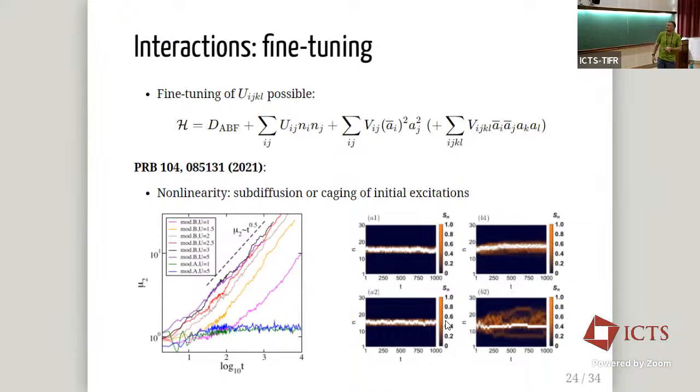Since your equations of motion will basically be governed by the derivative of this effective Hamiltonian with respect to A or A complex conjugate, at any given site there will also always be a linear power of the amplitude A, which guarantees that excitations cannot propagate. And this is indeed what we observe numerically. So for special cases where the nonlinear Hamiltonian reduces to this form, the initial excitations persist, while if you deviate by looking at a different, say, initial all-band flat model, you will see some spreading, which is actually happening subdiffusively.